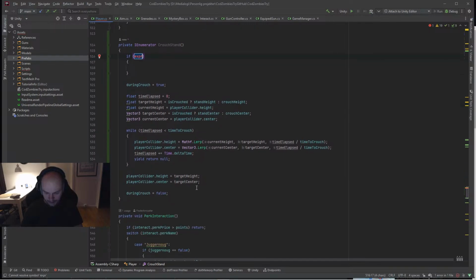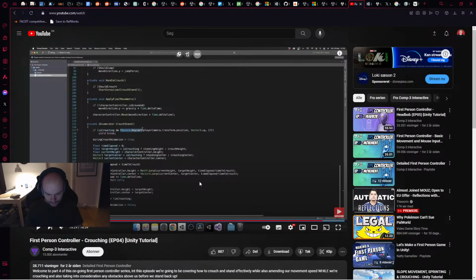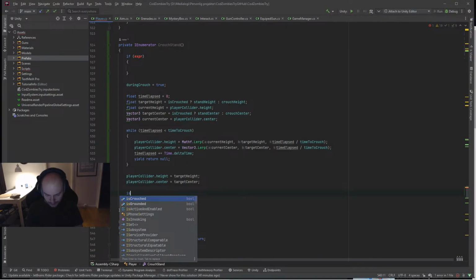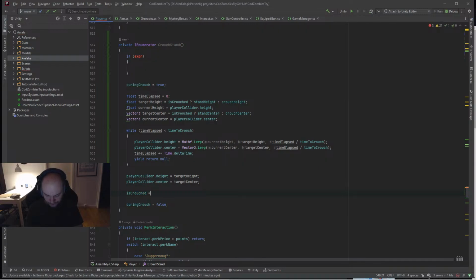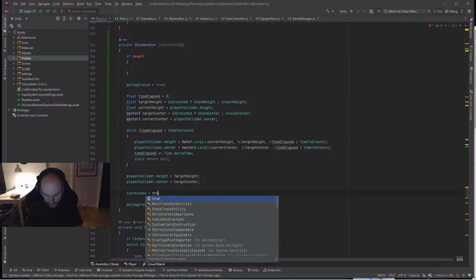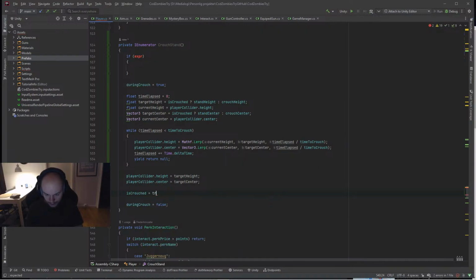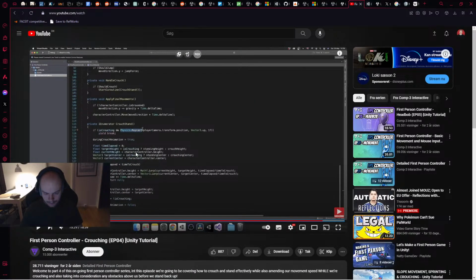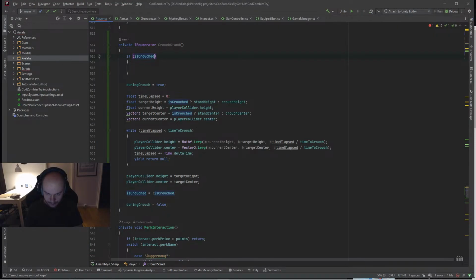Oh yeah, I need to set is crouched is equal to, yeah, not is crouched. So basically it always changes. Yeah, that makes sense. Here, yeah, so if I'm crouched